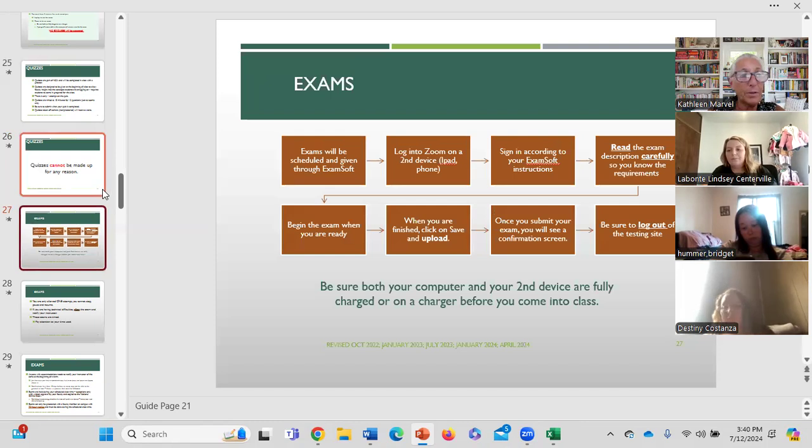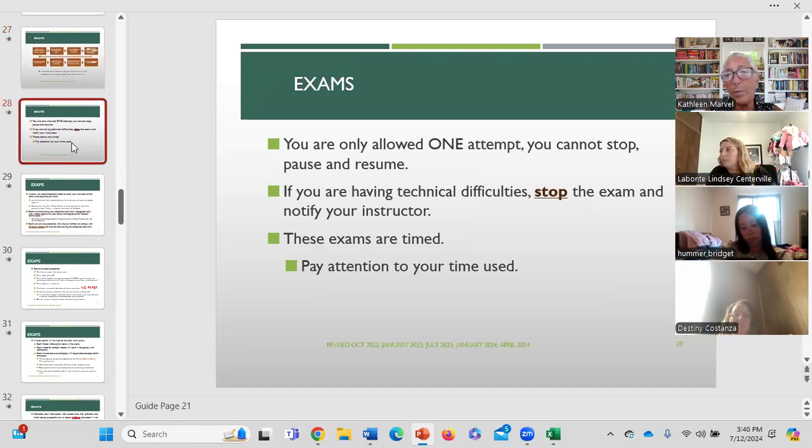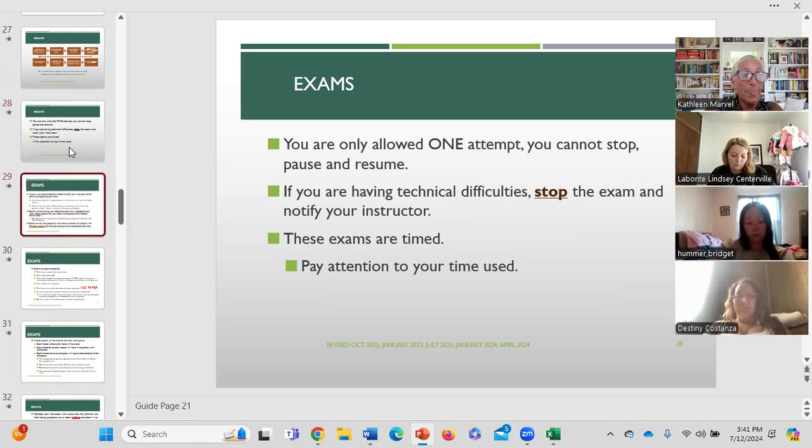Exams, absolutely nothing new with exams. When I get the practice exam, probably next week in ExamSoft, I'll send you an email and I'll open up the practice exam for you to go in and take. That's to have a look at your compatibility with your computers with ExamSoft. So definitely if you have a new device or you just want to check to make sure everything is compatible with ExamSoft, I would highly suggest you take that practice quiz. It only takes a few minutes. Okay.